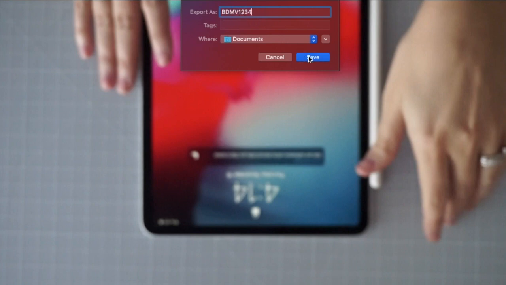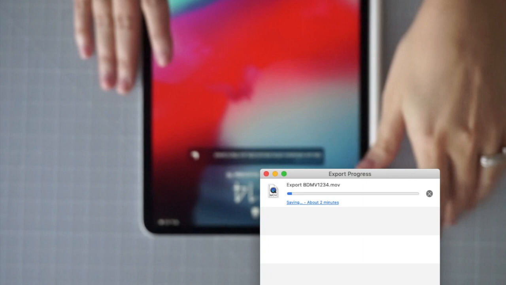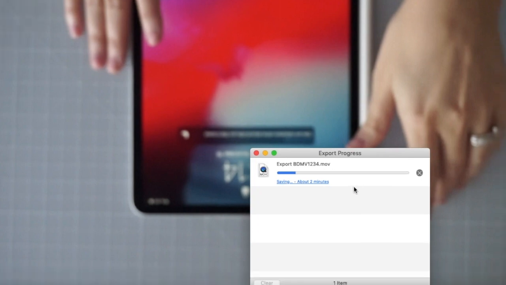And then you just save your file, and it will be in the right format for the iPad to be able to read it into the Photos program. And so it just takes a little while. For reference, this video clip was about 5 minutes long, and it said it would export it in about 2 minutes. For the sake of speed, I just went ahead and sped up this footage, but it did take about 2 minutes. And once the video is done, that export progress window will close and you'll just be left with